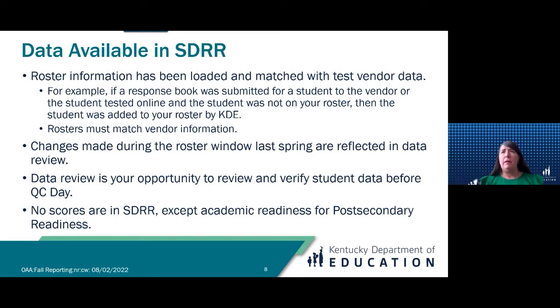So I just want to remind you of that. And then also we have UK, who is our vendor for our Alternate Kentucky Summative Assessment. That's for our Transition Attainment Record, also our Attainment Tasks. That system is always put in the Student Registration Database. That's where you find your scores for that information. So I just wanted to go over those particular contracts and systems, so you know where the data is coming from.